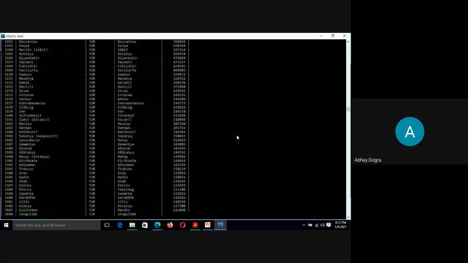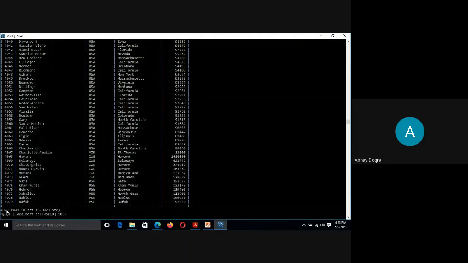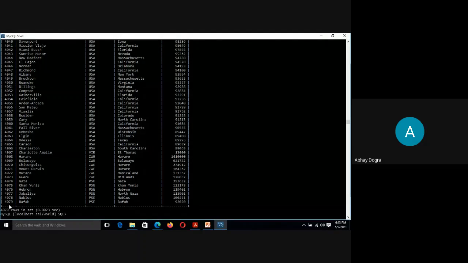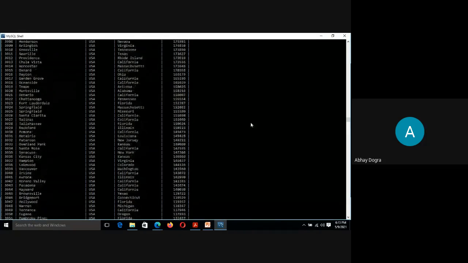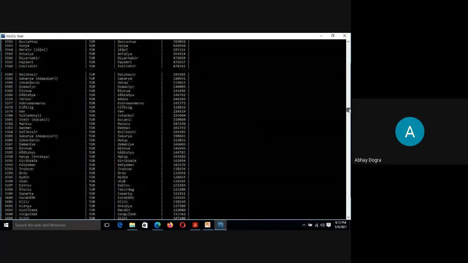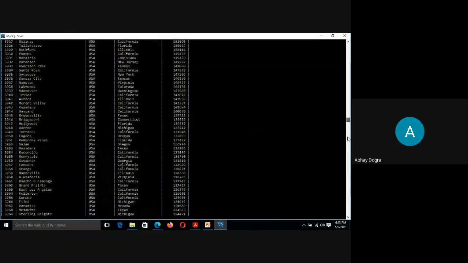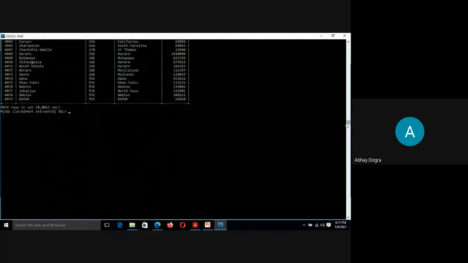There are, I think, 4,000 some values in total. We'll get to see. Yeah, in the end it shows 4079 rows are there, and it took almost these many seconds to fetch this data, right? So 4079 total records are available under this table. You can scroll upward to see the data, but as a very large amount of data is there, no need to scroll. We'll leave it here. One way is this: you can use the select star command to see the data.